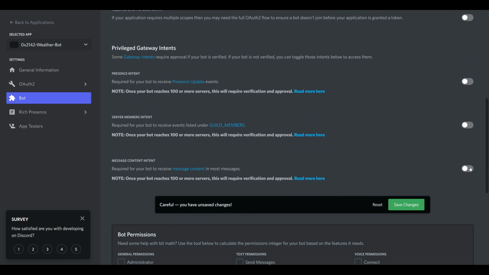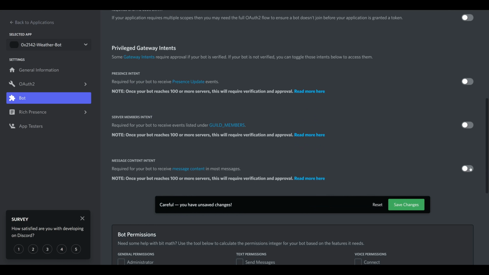Now, the important thing to know here is that if your bot gets added to a bunch of servers, it says 100 or more, this will require you to go through a verification and approval process with Discord. The reason that this intent exists and that verification process exists is that if you add your Discord bot to a Discord server, by default, your bot is just going to receive every single message that's sent in the Discord server, which means it is possible for someone to maliciously use this to just scrape message content off of a server. And so there is a little bit of a process for larger bots to make sure that they're using